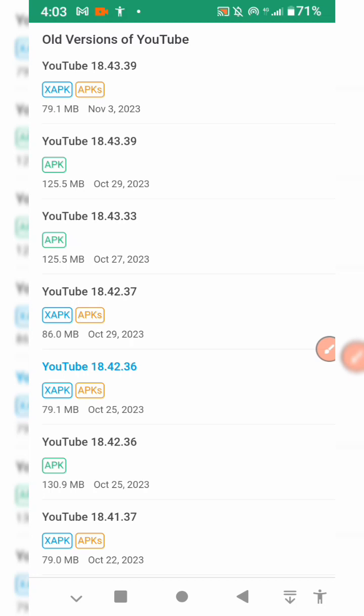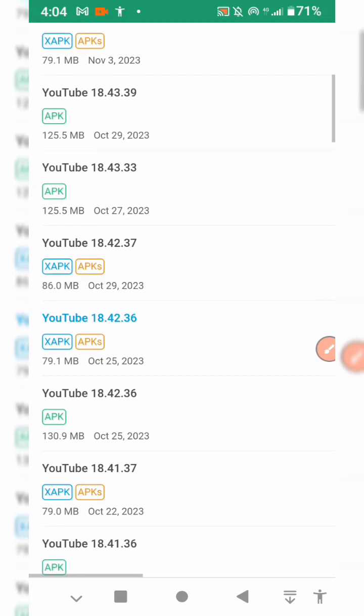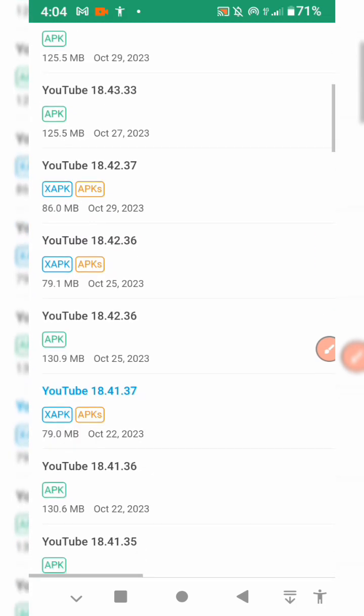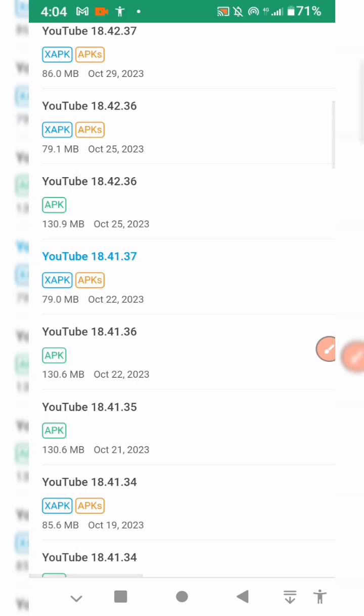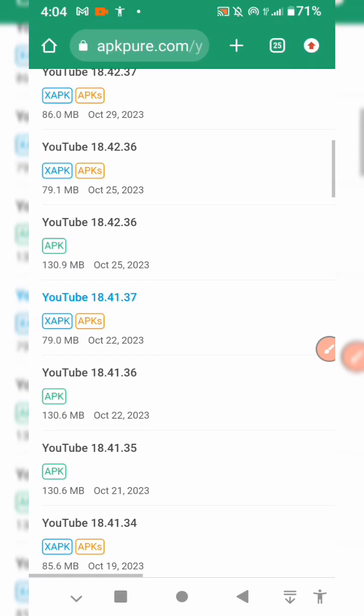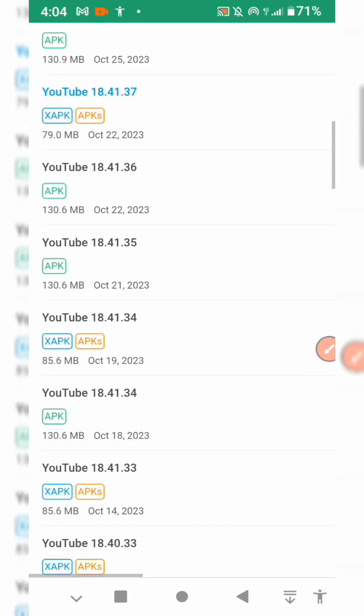So you have to just go through to search for the one that has very low megabytes, which can suit your mobile phone if you have low storage. But if you have a lot of storage, you can tap on the one that has a higher storage capacity. Do you get me? Something like the 130 is very high, and